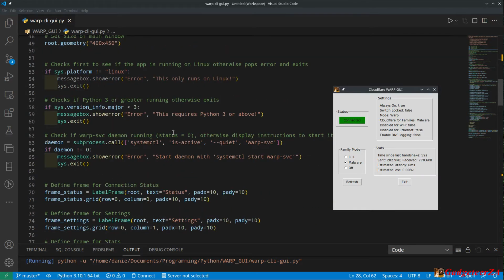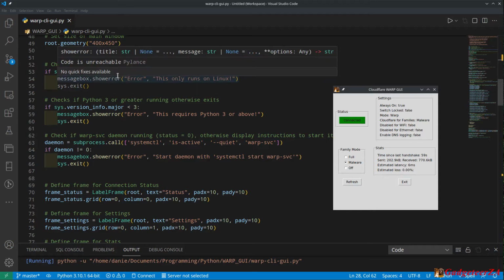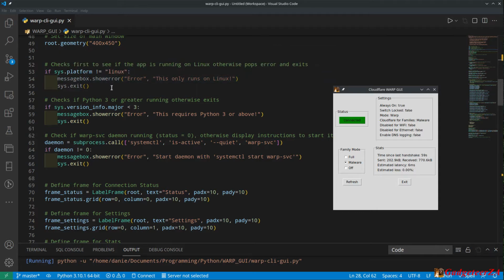Then the next essential part here is I've done 3 checks, and I'm going to exit the application if these don't pass. I will pop up an error message, but essentially I've written it for Linux only, so it checks to see that it's running on Linux. If not, it'll give an error and it'll exit. The reason mainly is there is stuff already for Windows and Mac and that sort of thing. So I could do it for the others as well. It's not actually that difficult, but you'd have to adapt the code. Remember, I'm writing to the command line interface, so I would have to make some adaptations to the code. But for now, I'm just doing it as Linux.